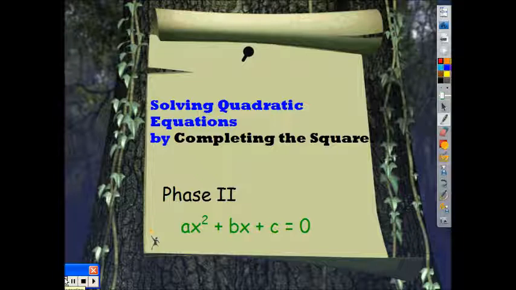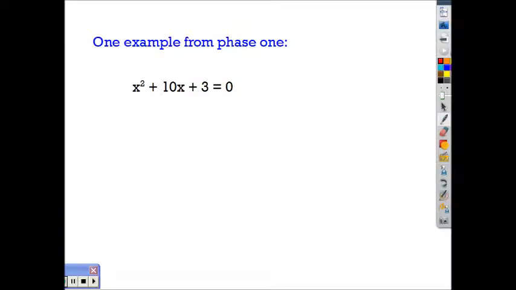Today we're going to look at phase 2 of solving quadratic equations by completing the square. The thing that's different about phase 2 is we're going to have a coefficient in front of the variable squared. This could make it a little bit more difficult, but we'll get through it. But first, let's go ahead and look at one example from phase 1 where there is no coefficient, just as